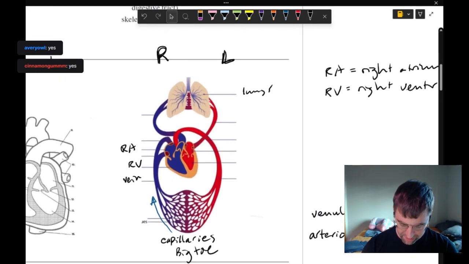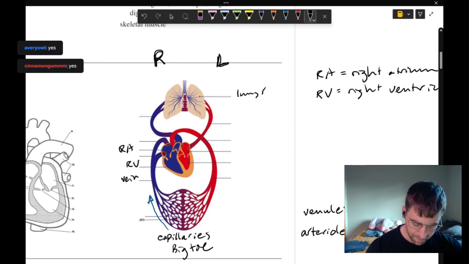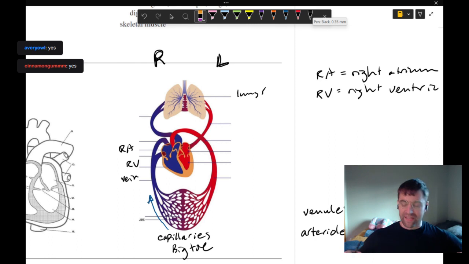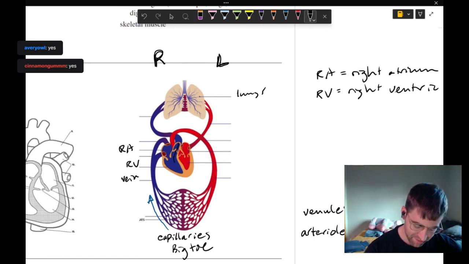I'm going to zoom in here so we can see a little bit better. So this space right here is your right atrium, and below that is your right ventricle. At this point, the red blood cell's been hanging out in the rest of our body. It has given off its oxygen to whatever tissues needed it. It is deoxygenated. We've got to put oxygen back on that heme group. So it's going to flow out